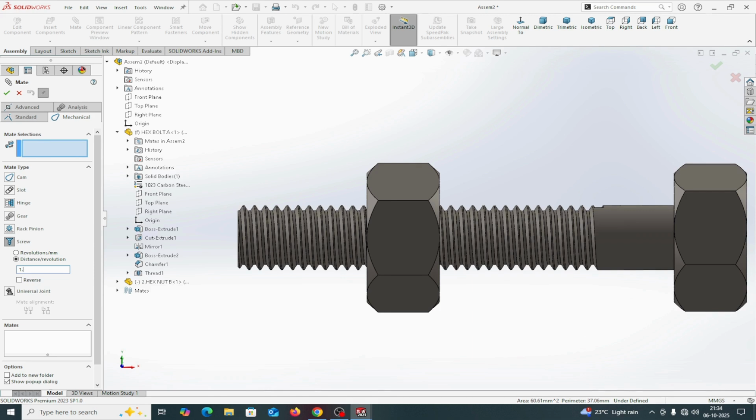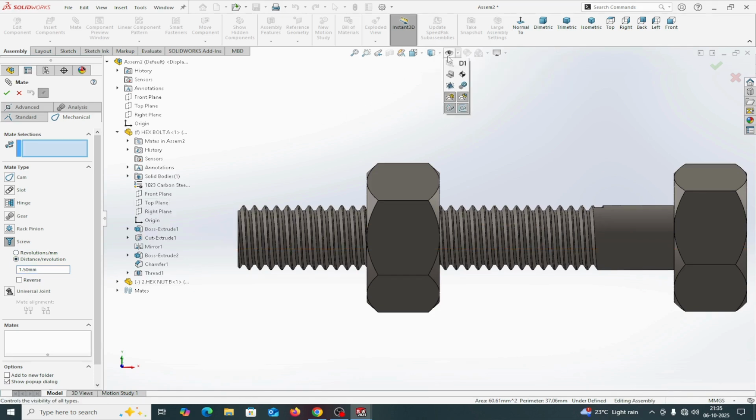In one revolution it moves as per pitch, 1.50. One rotation it will move 1.50 in the longitudinal direction. This one I am taking. Okay. Now